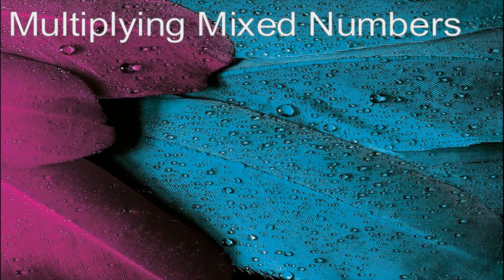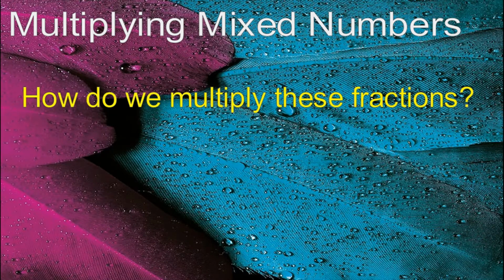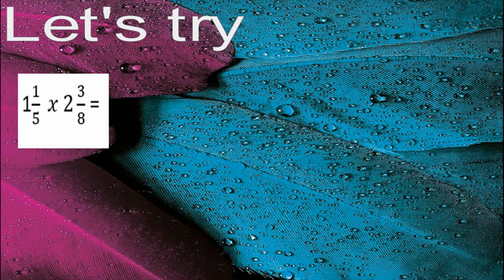Okay, now let's continue. We have here multiplying mixed numbers. How do we multiply these fractions? To answer this one, let's proceed to the next slide. So we have here 1 and 1/5 times 2 and 3/8. Now for me, if I multiply